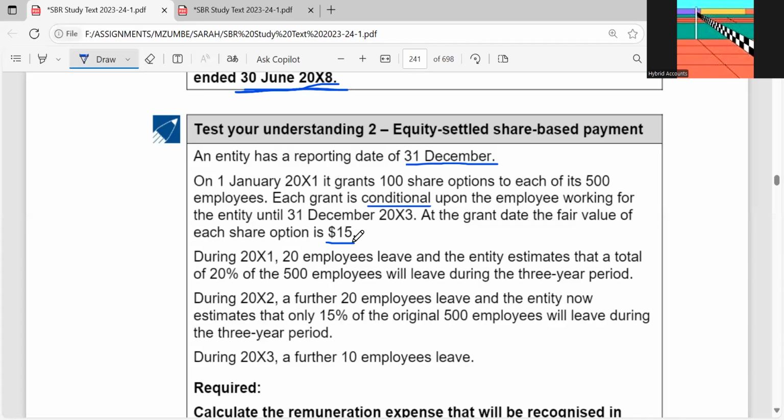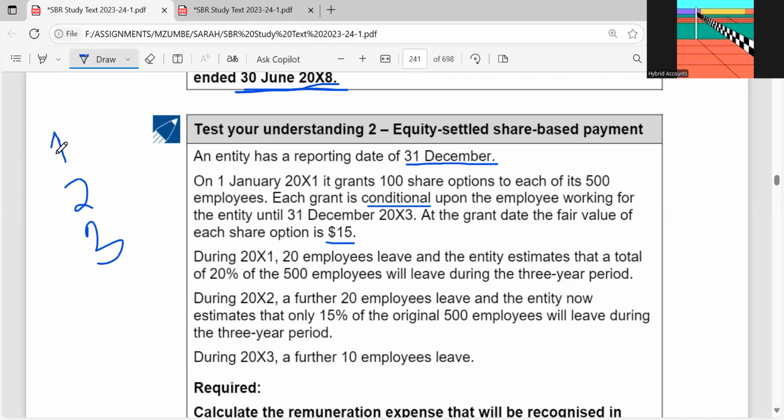Be very careful with this grant date. As for equity settled share-based payments, you usually use the grant date. So even if you are provided with other share options, you can just ignore them, right? Okay, now as I told you, you have the 3 years, but recognize year by year. So year one, you come to year two, and you come for year